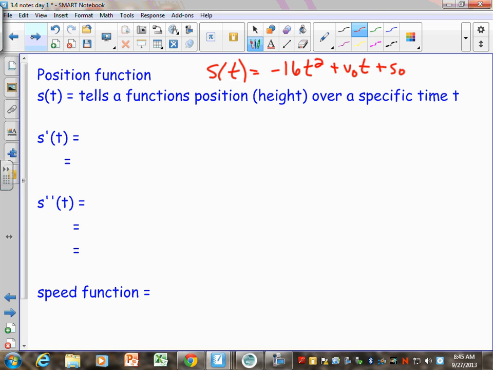But now we can relate these to the derivative. If you take the derivative of your position function, the derivative of the height function, that is going to give you the velocity function. So that's something that you need to make sure that you learn: the derivative of a position function is velocity. We could say s prime of t, but we could also just label that the velocity function. So if they give you velocity, you have to know that's the first derivative of the position function. And then if we take the derivative again, the second derivative of the position function, that is going to be your acceleration function.